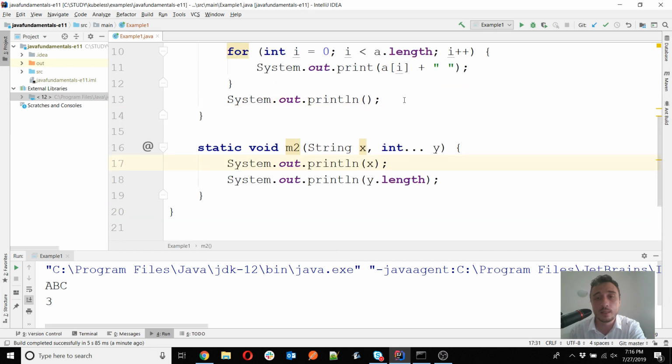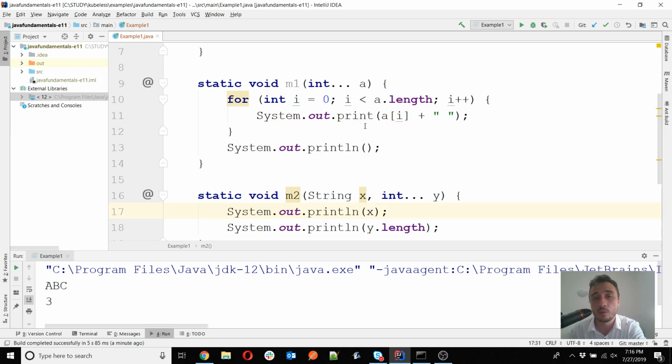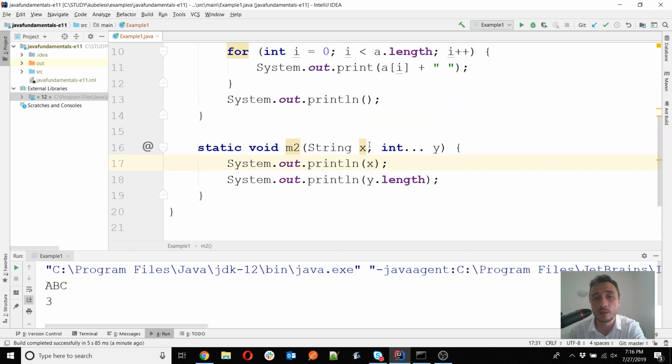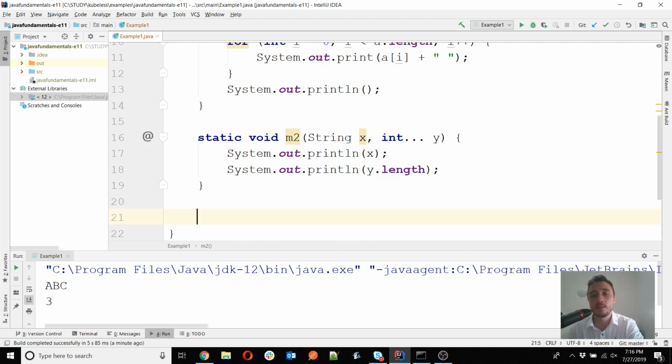This is the first part, and now we will complicate things a bit more. The next question is, what happens if you have a Varargs of arrays? If you have a Varargs of arrays, this might become a little more complicated. So we just want to see what this means. I will create an M3, and